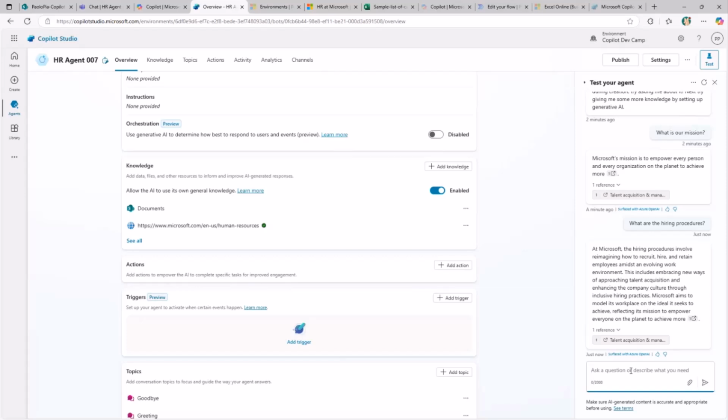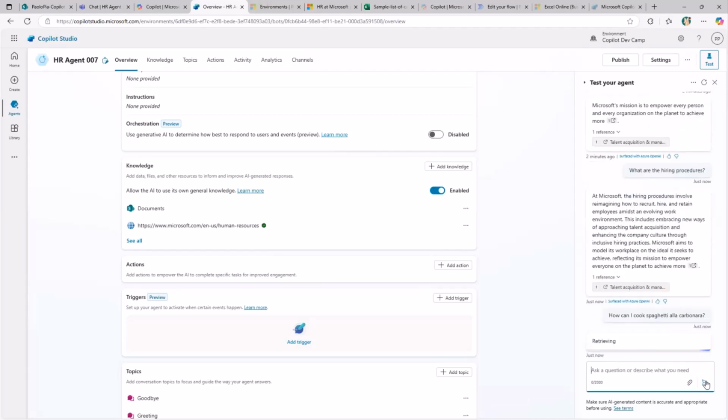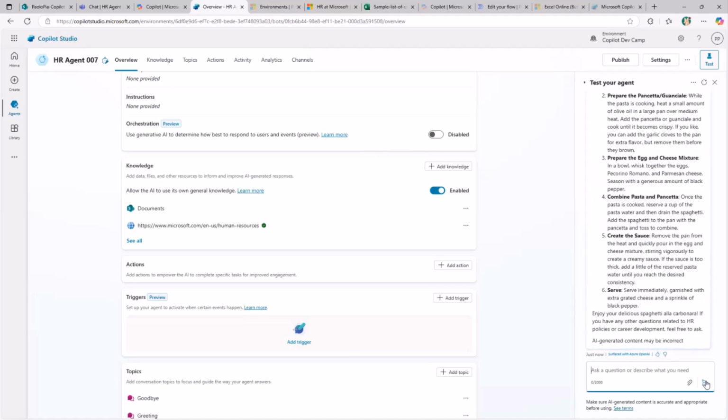What if we ask something else, like, for example, how can I cook spaghetti alla carbonara, which is my favorite dish? Well, now we are using an agent. As I said, an agent should be a specialized assistant to give me content in a specific context. But actually, if I do what I just showed you and nothing more than that, the engine of Copilot Studio and of my custom agent will be able to use also the whole knowledge base available on the web, and it will be still able to give me an answer, which is not actually what I'm looking for in this kind of agent, because this is an agent for HR.